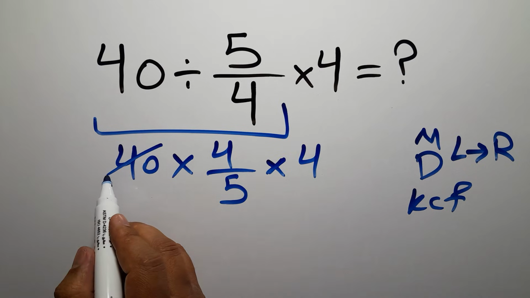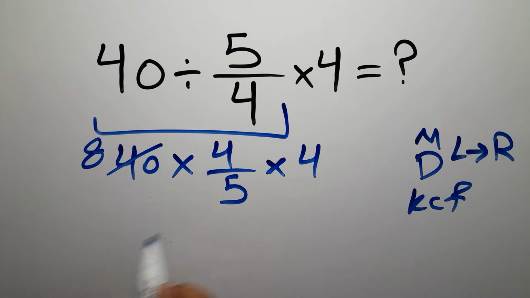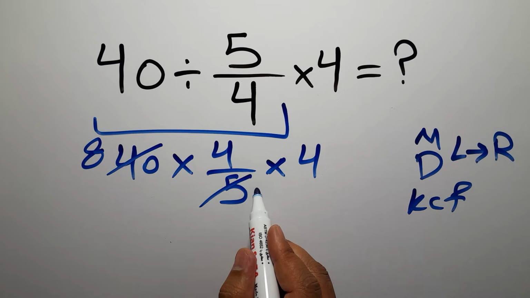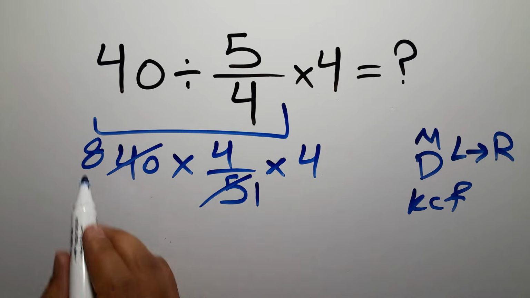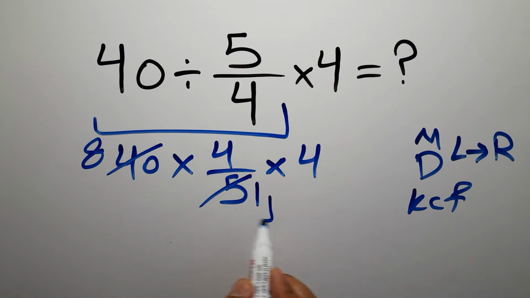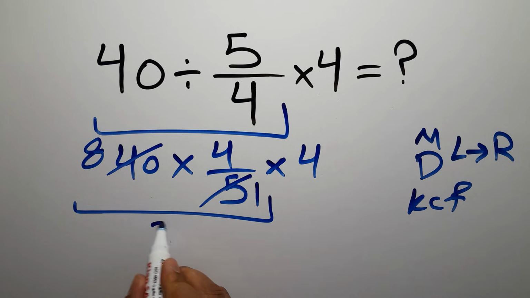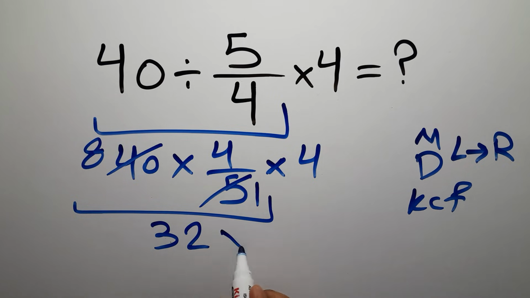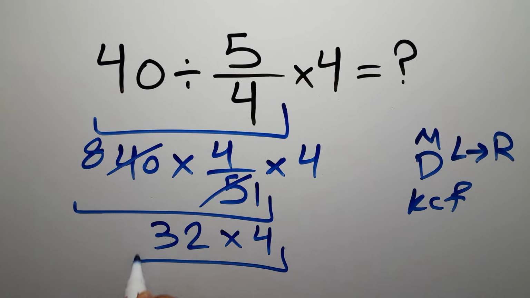40 divided by 5 gives us 8. And 5 divided by 5 is just 1. So we have 8 times 4, which equals 32. And 32 times 4, which gives us